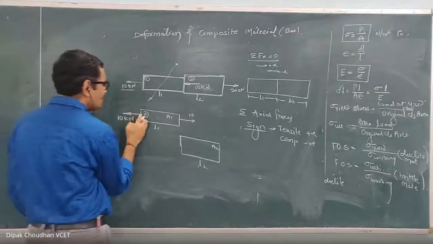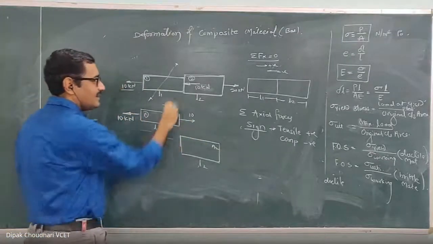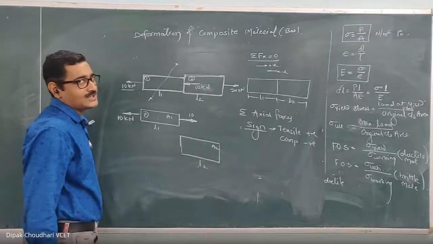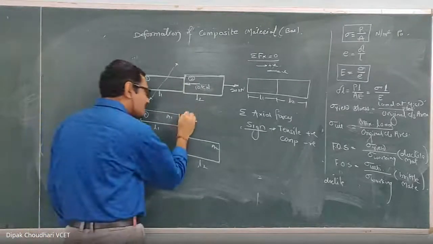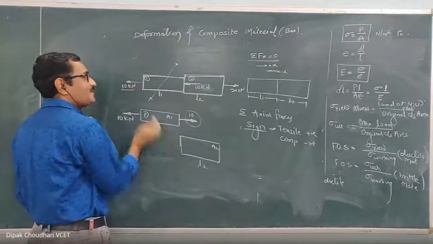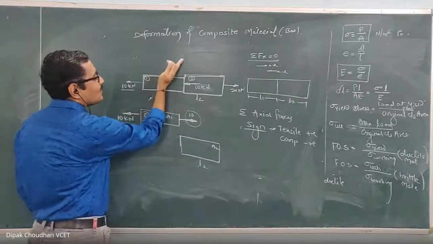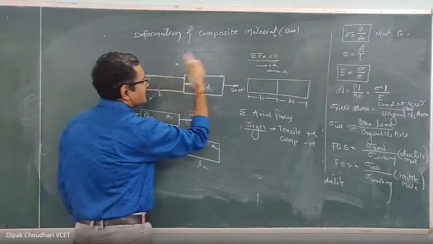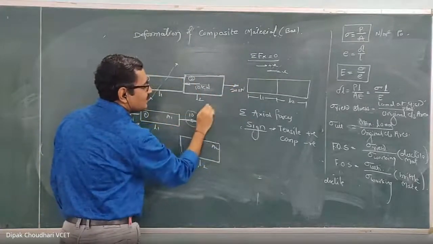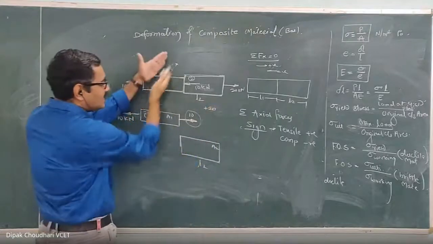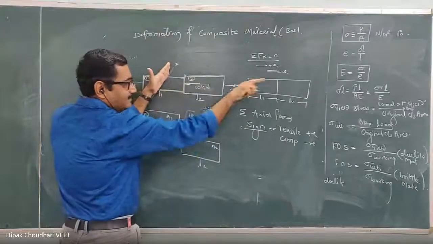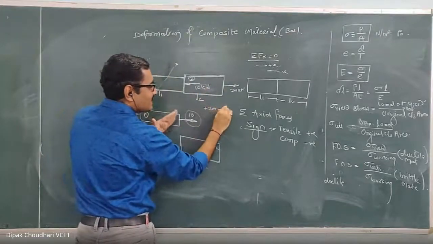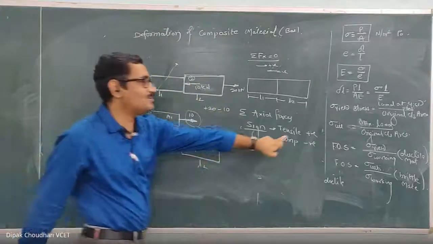Okay, so to balance this 10 kilonewton, at this intermediate point you also have to show one force of 10 kilonewton towards right. Or this 10 kilonewton you can get by taking the algebraic summation of the forces on the right side of this section. If I take the forces on the right side of the section, this is a tensile force, so plus 20, since with respect to this section it is acting away, so it is tensile. With respect to this section, it is acting towards, so it is compressive, so it is minus. We have to use this sign convention.